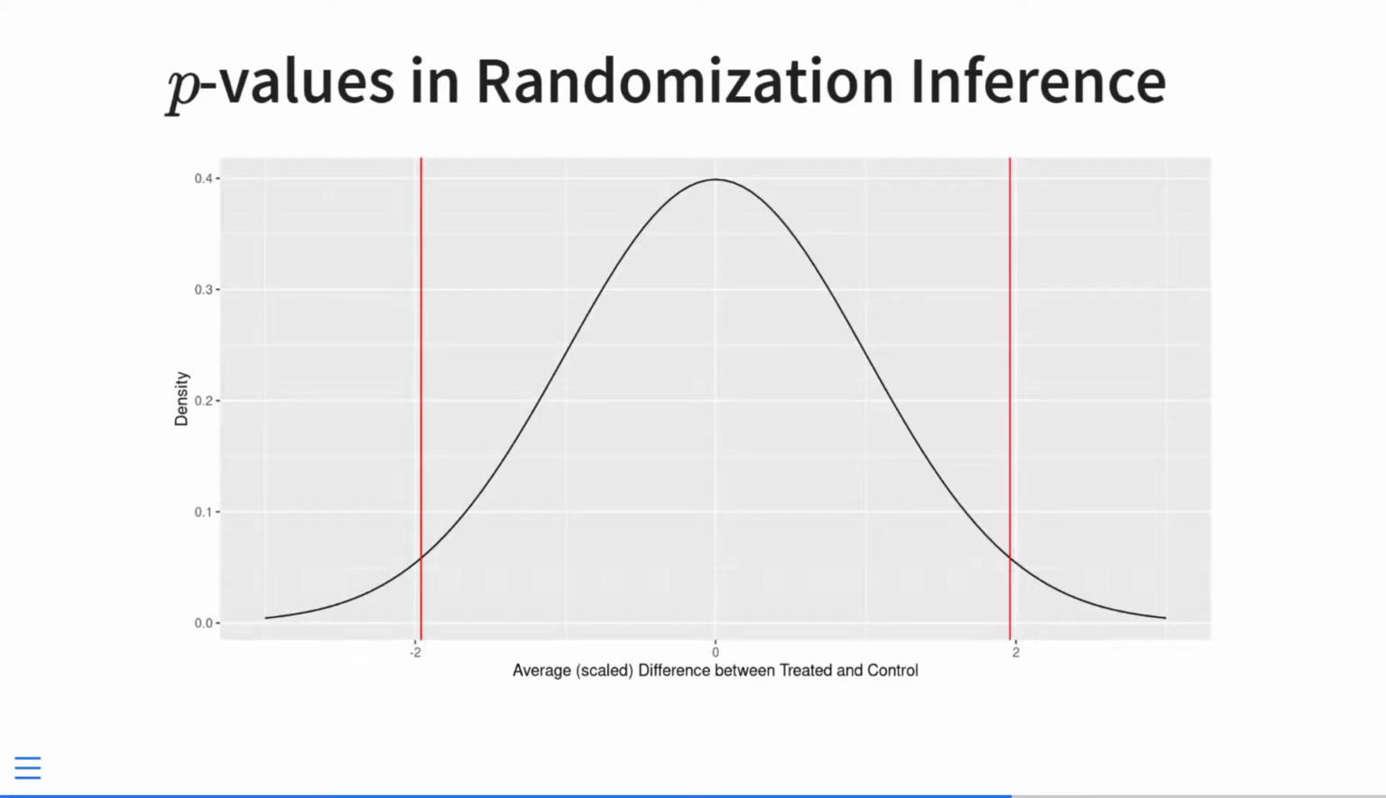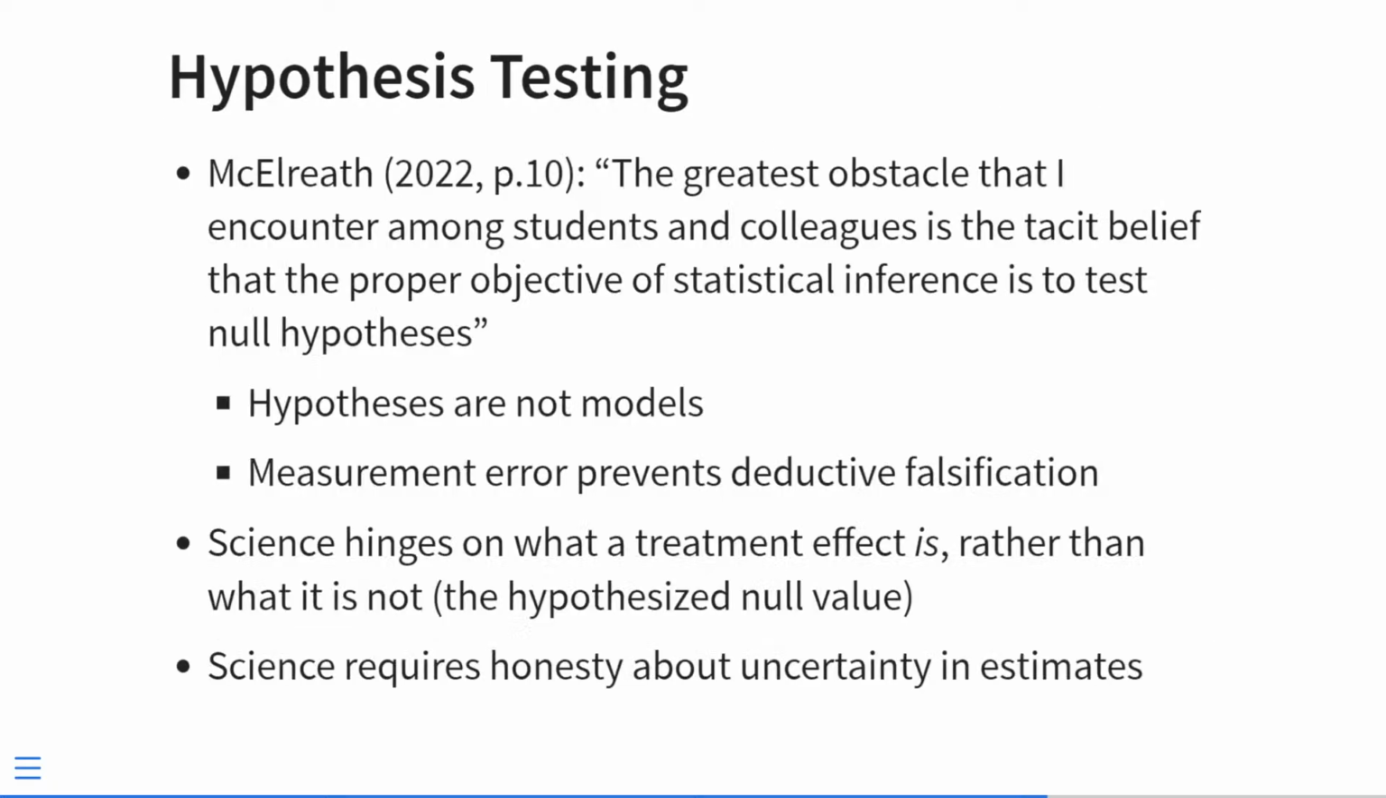But p-values are associated with this idea that if the observed estimate is out over here, we reject the null hypothesis that the treatment has no effect. That way of thinking has carried over to one of Fisher's other contributions, which was frequentism. And even another one called fiducial inference, which you probably have not heard of because it fortunately died out. But anyway, the reading for today, particularly McElreath, makes, I think, an important statement where he says the greatest obstacle that I encounter among students and colleagues,